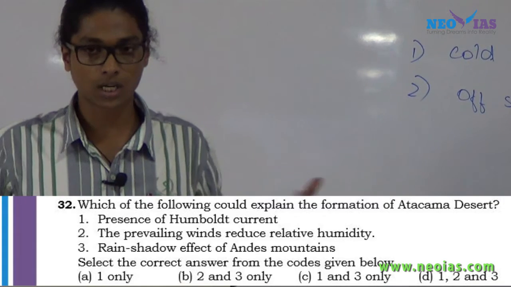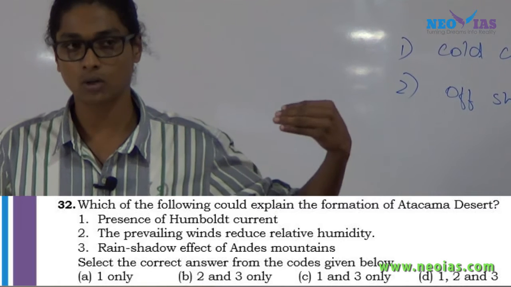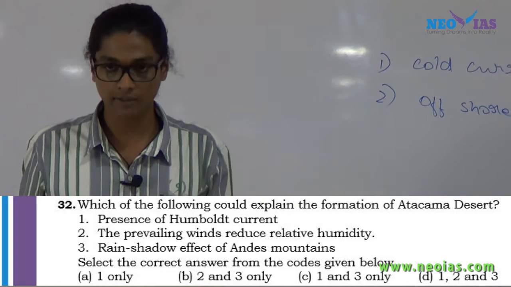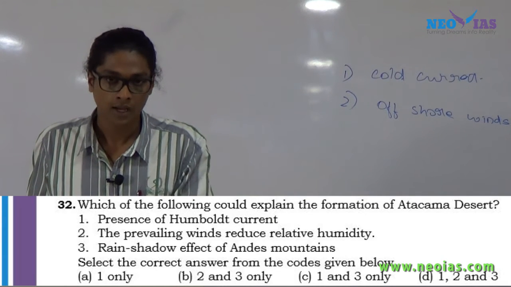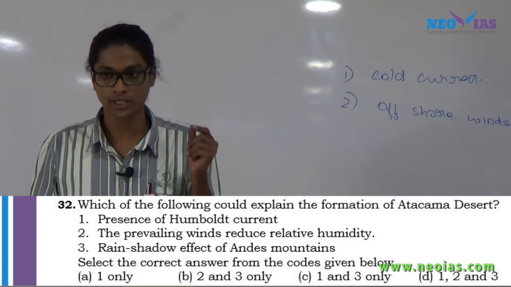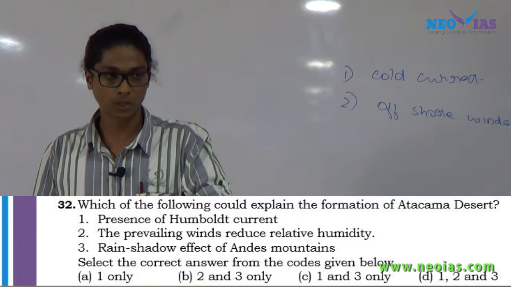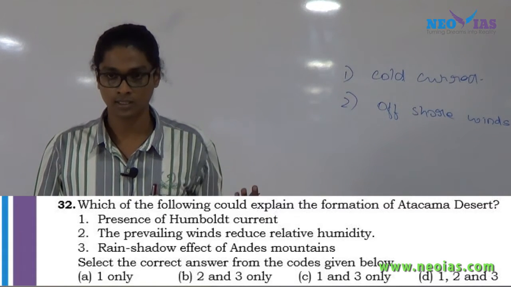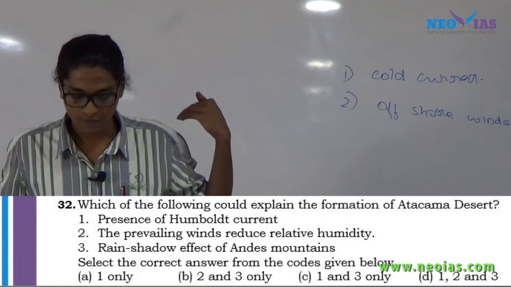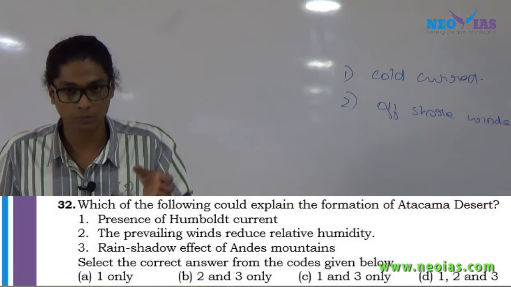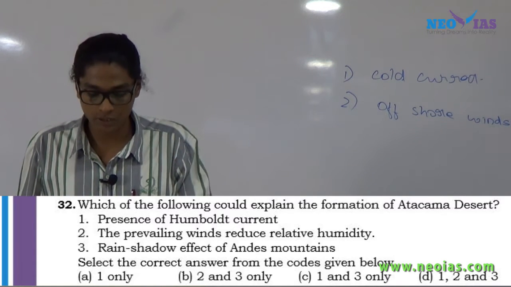Temperature inversion can also result in desert formations, right? Again, rain shadow regions can also result in desertic formations. But this particular desert, Atacama Desert, when I was taking climatology sessions, I told you that that region is important for you. Atacama Desert as well as Peru and Ecuador. Reason? Because of El Nino, right? Now, if we have this knowledge, like why the subtropical deserts are seen in the western margins, you will be able to get to the answer.